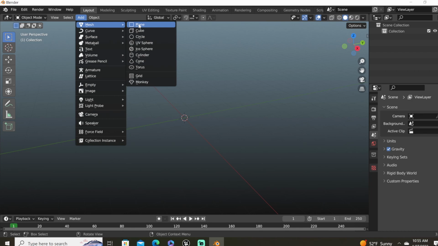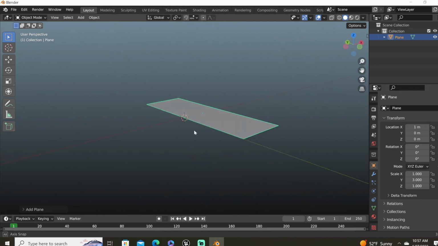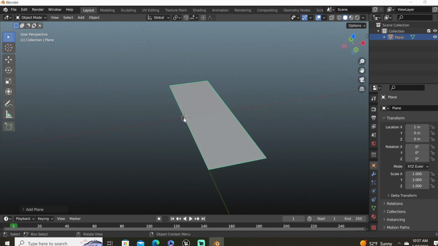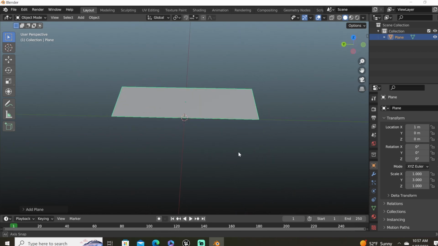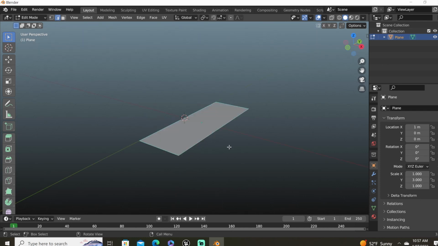Add a plane. I am going to scale mine on the y-axis by 3, and I'm going to reposition it along the x-axis by 1. This will make the origin of the geometry right here on this edge in the center. Over in edit mode, use the edge selector, select this edge,